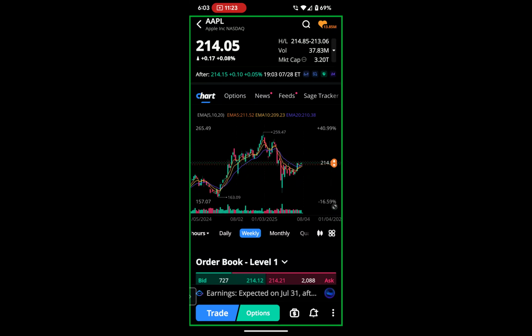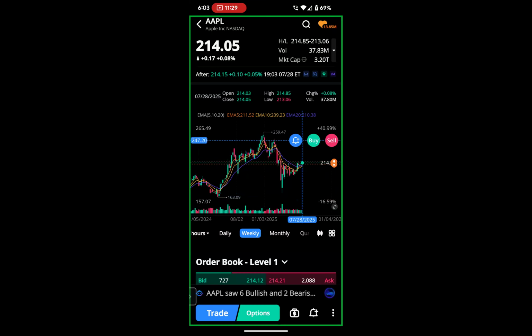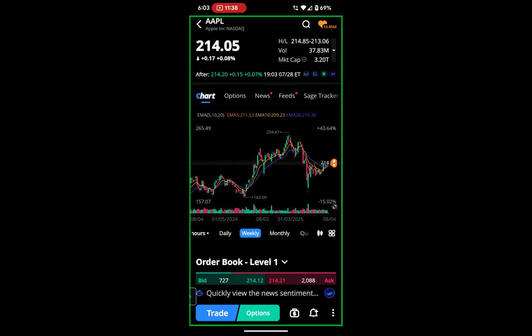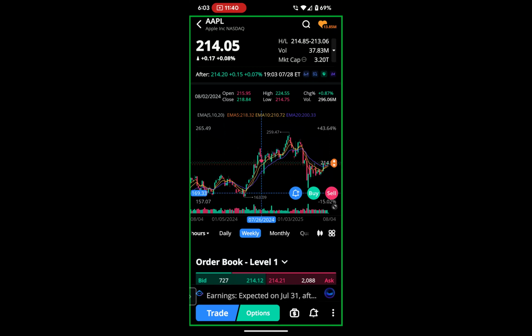And when it did, it fell all the way to 168. So it went from 248 all the way to 168. Okay. It hit this support area over here,